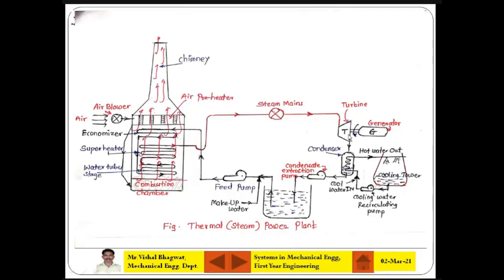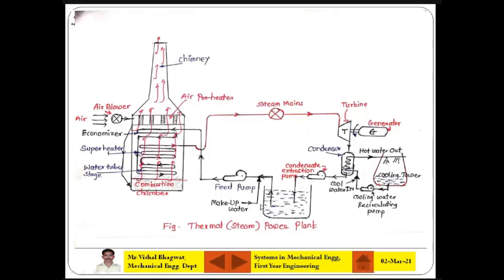Okay, fine. Then the low pressure steam coming out from the turbine is collected at the condenser, and in the condenser it is cooled. The condensate extraction pump is utilized to extract this water and send it back to the hot well. That's why it is called a hot well. Why? Because you are getting slightly hot water from the condenser here. So it is nothing but the reservoir, and it is also called a hot well.